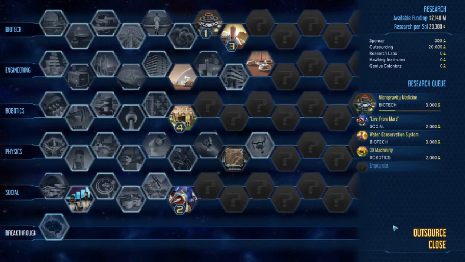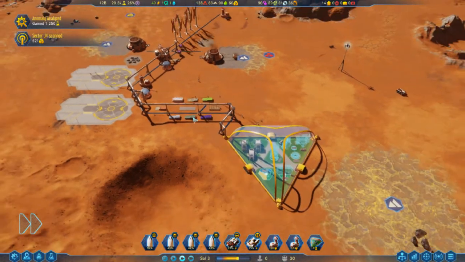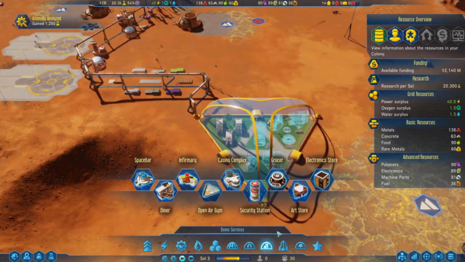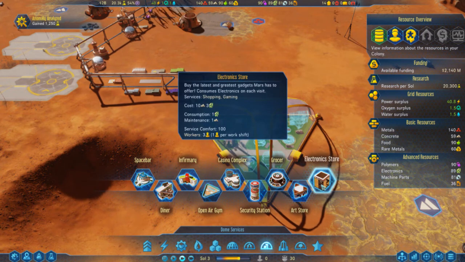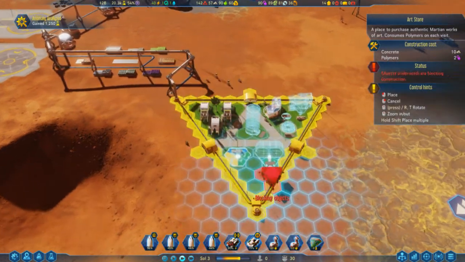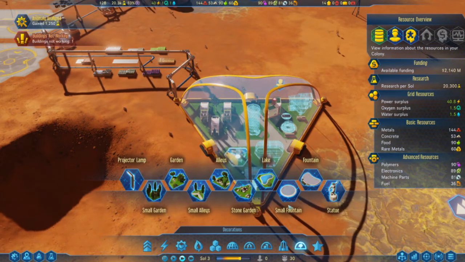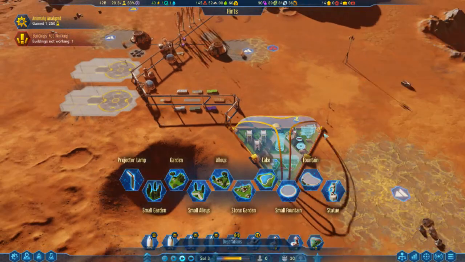Let's get that. 3D machining. That's cleared off, right? Yeah, okay. Trying to think of what we do with this last thing. Actually, something like an art store is probably a lot more reasonable, all things considered. Let's get an art store. I could also do a security desk, actually, but we're not going to worry about that just yet. Now, one of the things I could do...